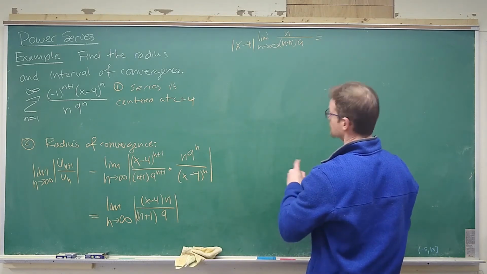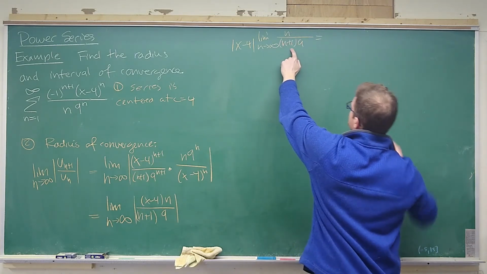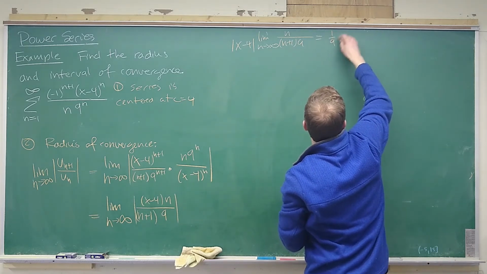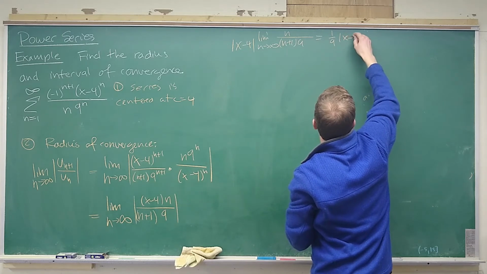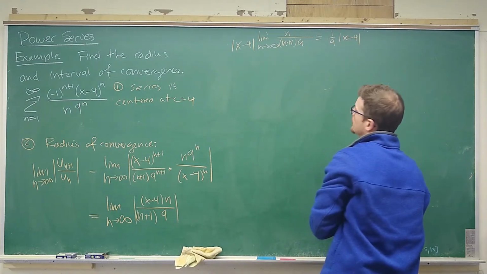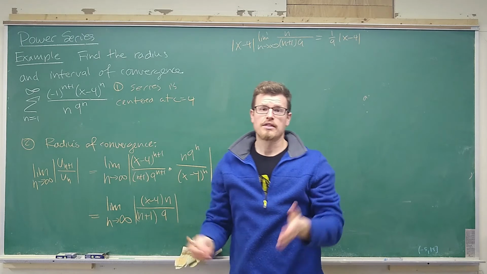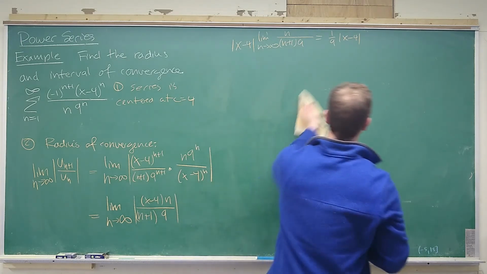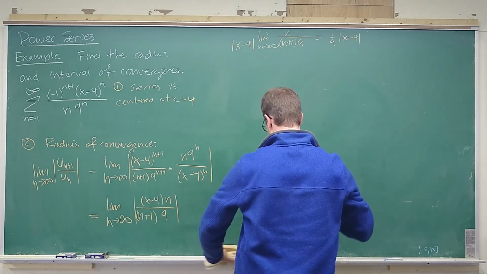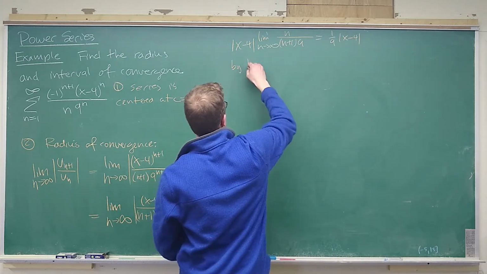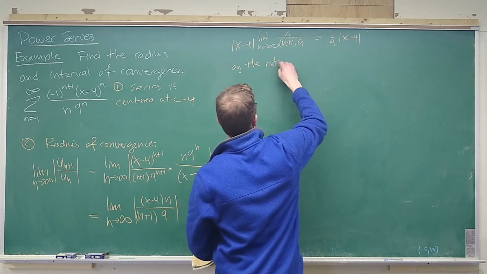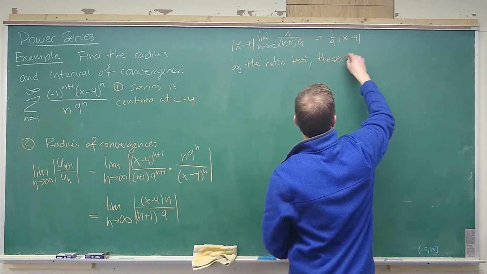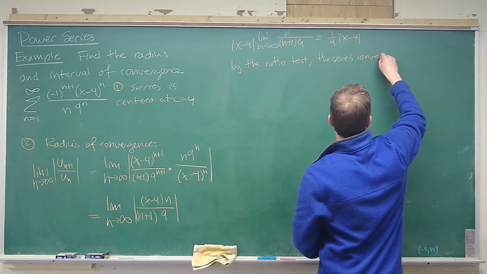All right, so now that I'm there, let's see here. The limit of this guy is 1/9. So this is equal to 1/9 of x minus 4. That tells us that the series will converge when this is less than 1. So by the ratio test, the series converges